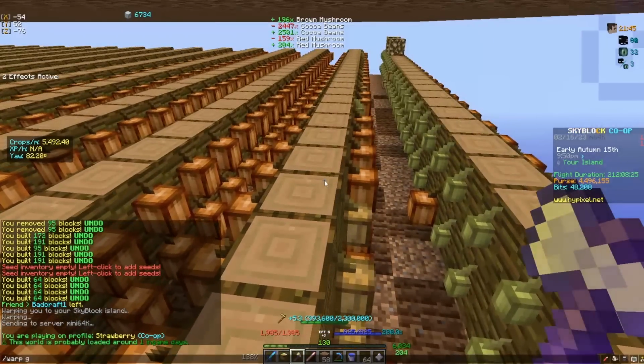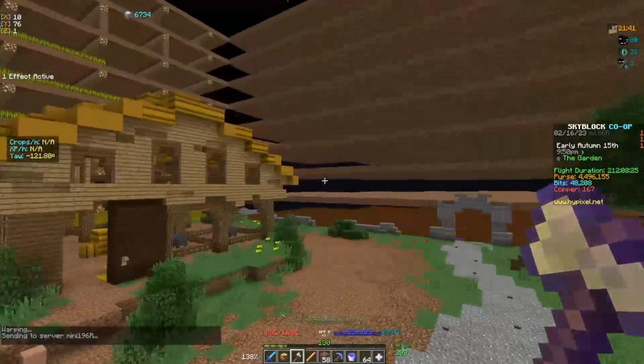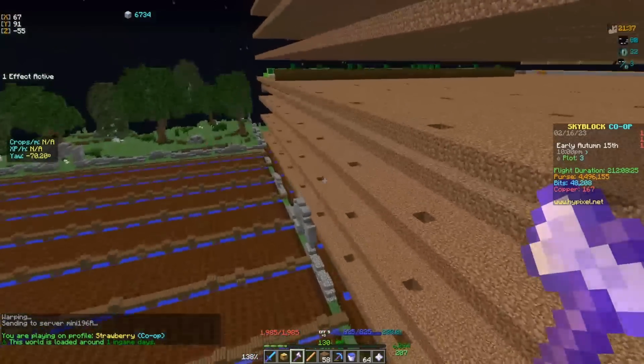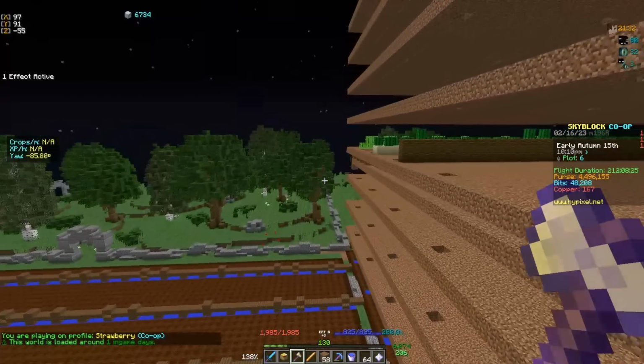Anyway, that is how your cocoa farm is going to work. And you're just going to do jungle wood, space, space, jungle wood, space, space, jungle wood, and so forth. So finally, we come to my least favorite